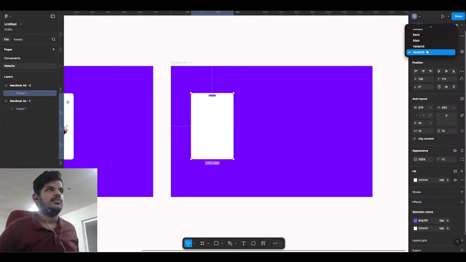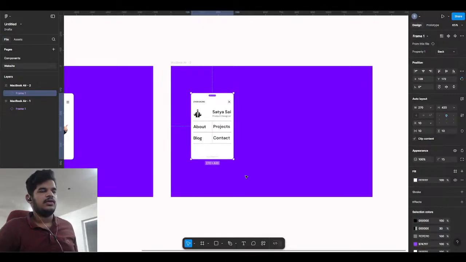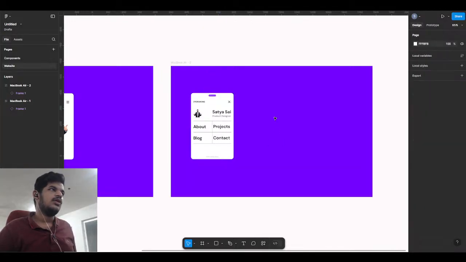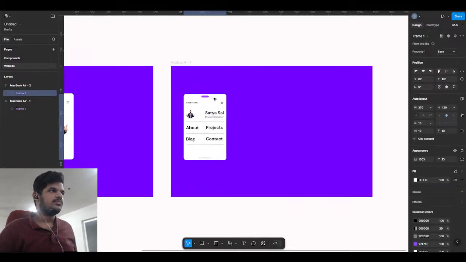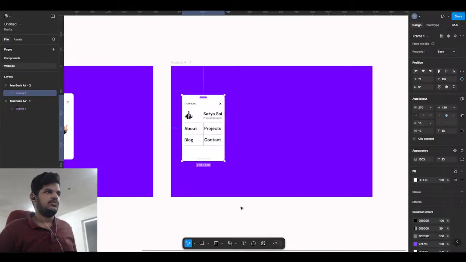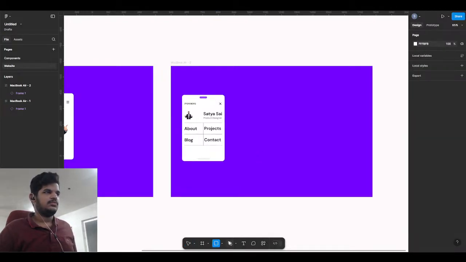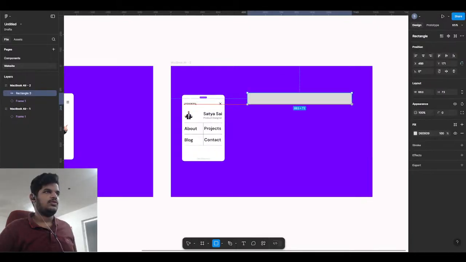This is the variant, right? So whatever I keep, the about or projects or blog or something, it should appear here. My ID card should be here, but it should appear here, right? So here the about,